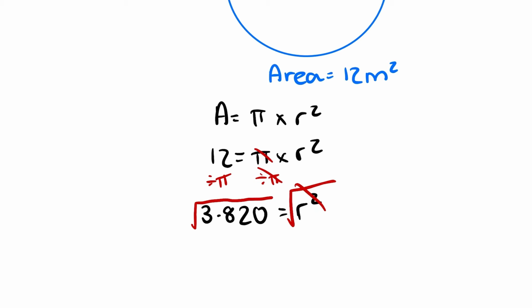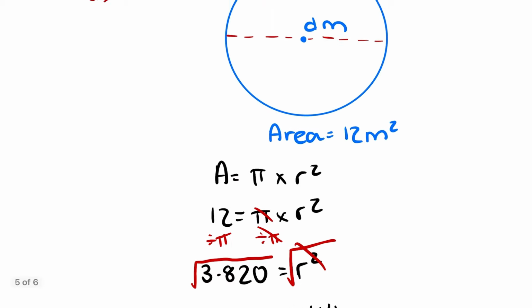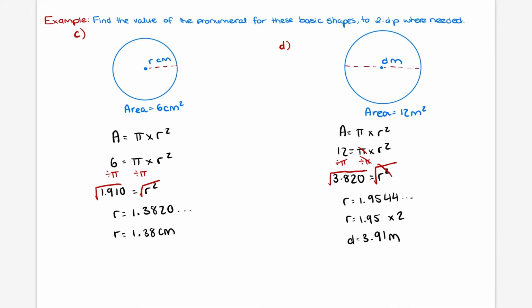But don't forget you've got to do the other side. So then we end up with r equals the square root of 3.820, which is 1.9544 and so on. To 2 decimal places that equals 1.95. But to get to the diameter, I go times 2. So D equals 3.91. Then, bam, we've done it, and just double check our units. We were working in meters. And that is how we reverse engineer